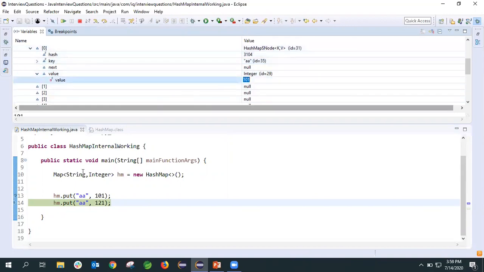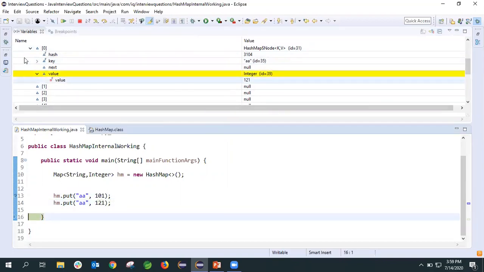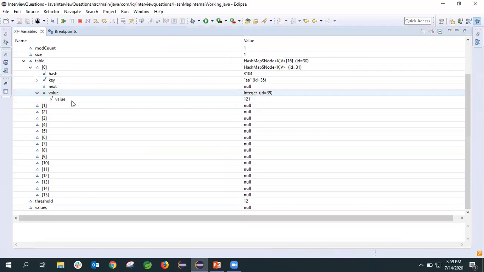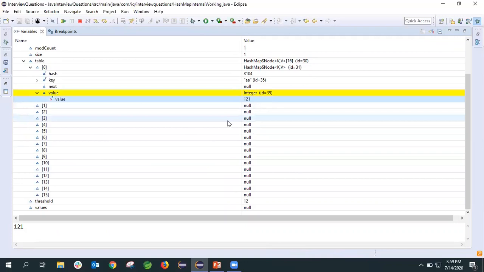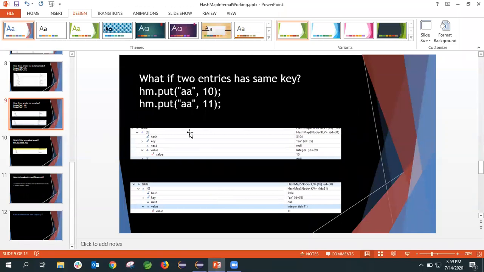Now let's press F6 again. We have entered another value. Earlier it was 101, and now see, it got updated to 121. So this is another scenario. You can get an interview question like this. It's better to know different things here. So I hope you understood this.